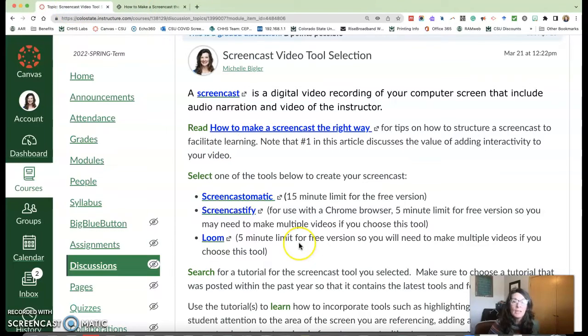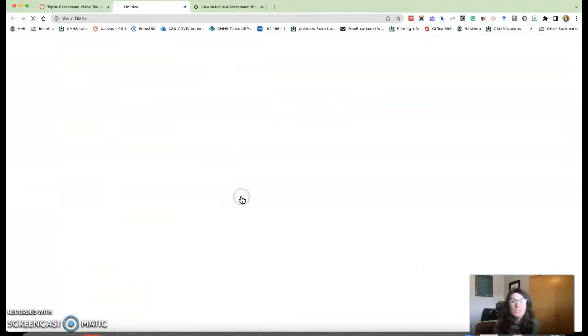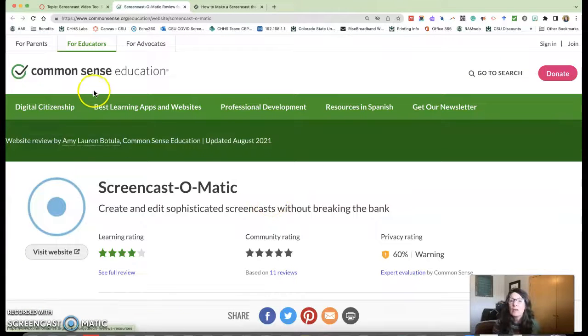All right, so the first thing you're going to do is select one of the tools below to create your screencast video. And I encourage you to challenge yourself, to stretch yourself out of your comfort zone and choose a tool that you haven't used before. I have links to each of these tools, the Common Sense